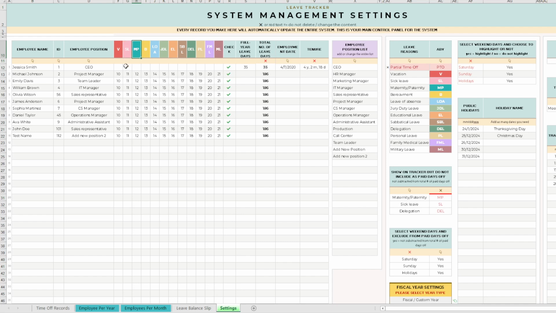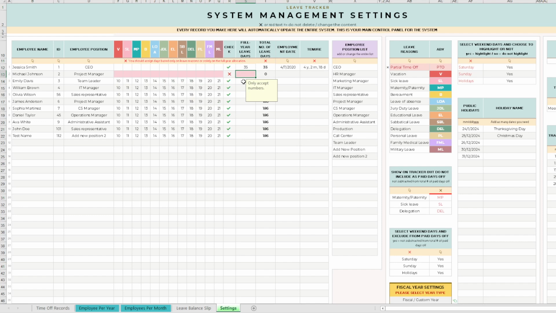in case your company policy is allowing you to do that, to allocate, for example, vacation. Michael Johnson is having 5 days of vacation per fiscal year, or per standard year, 8 sick leave, 12 maternity, paternity, 1 bereavement, leave of absence, 2, and so on. You understand the idea? You record this here. In case you don't have this need to record paid leave days per custom leave reason, you just leave this blank,